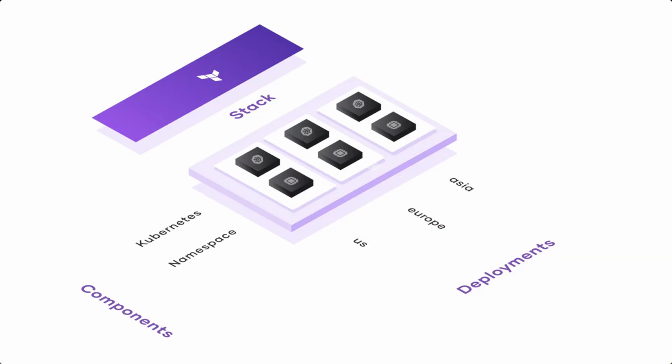And deployments represent either an environment or a location where you want to deploy your stack. So you could have a dev, a QA, and a prod, or you could have East US, West US, and Northern EU or something. Or you could do a combination of both. So those are the two big ideas to keep in your mind. There's components that build your stack, and then there's the deployments, which are instances of that stack deployed on actual